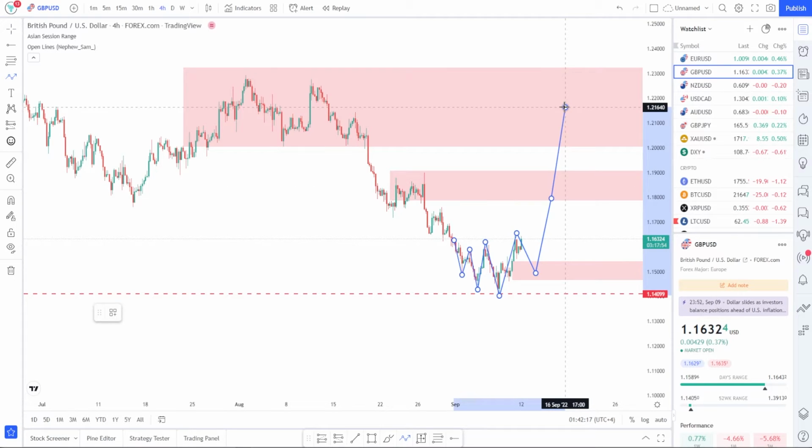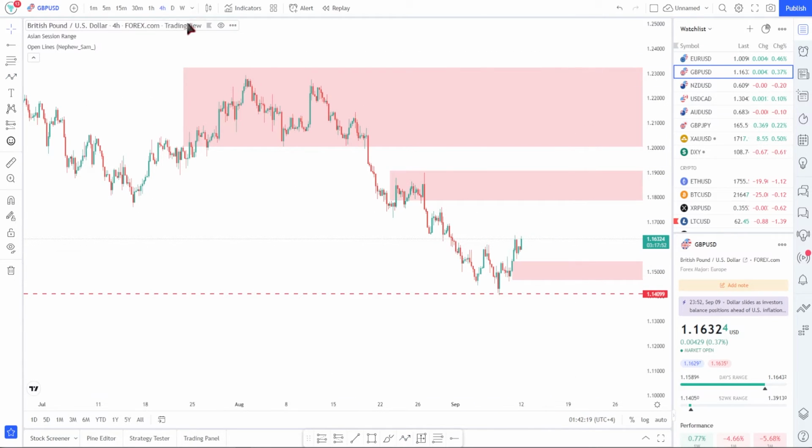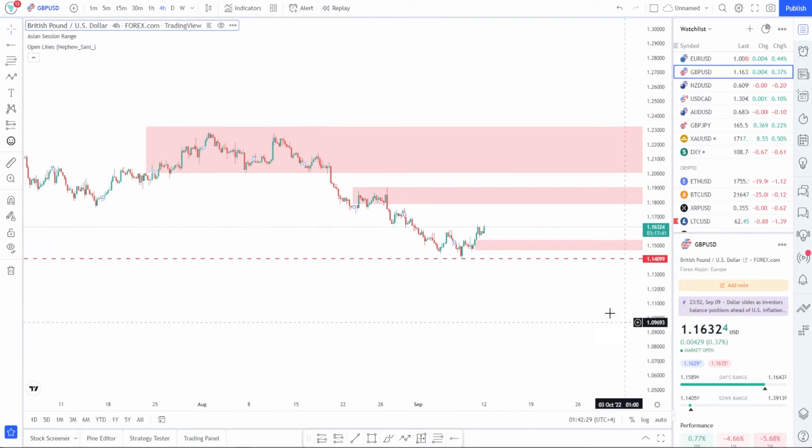These are our two targets for GBPUSD. Again, weekly bearish, daily internally we are bullish, externally bearish. 4 hours externally we are bullish. All right,